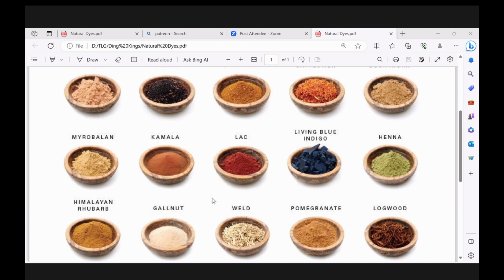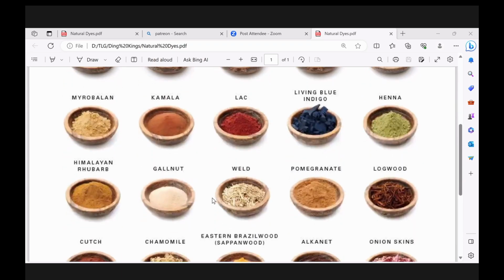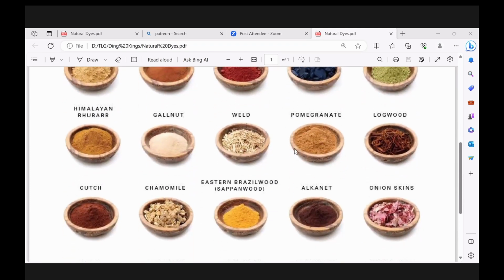Suddenly, nobody wanted to use the natural lac for its color because you could produce dyes in much greater quantities at a much less expensive price, and the colors were controllable in the sense that you could control the color artificially with artificial dyes, rather than have to worry about how your harvest of lac went. But down here, the pomegranate, that's